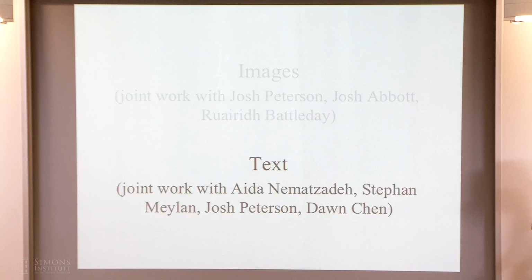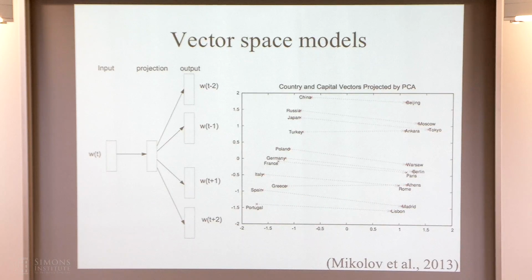Okay, so the second example I'm going to talk about is text. Again, an example we've been hearing a lot about. And I'm going to focus on the case of vector space models. Chris gave a great introduction to vector space models and set this up. These are models that use relatively simple neural networks as a means of constructing a representation of each word as a point in a vector space, and then turn out to have interesting emergent properties, such as vector addition in that space being a way of producing certain kinds of simple relations and simple kinds of analogies.